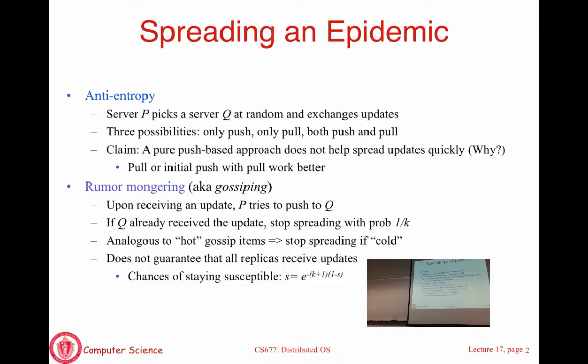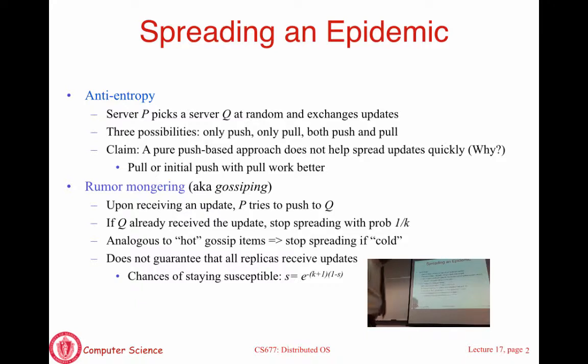So this is a randomized approach, and since it's push-based only with a back-off built-in, which says I'm going to stop once I see that others have seen the update, there will be a non-zero and small probability that some small group of servers never see an update. You could have, of course, combined that with pull and try to address that and so on. That is how you make different variants of gossip. But the pure gossip protocol is push-based with a random back-off probability. Any questions on this?